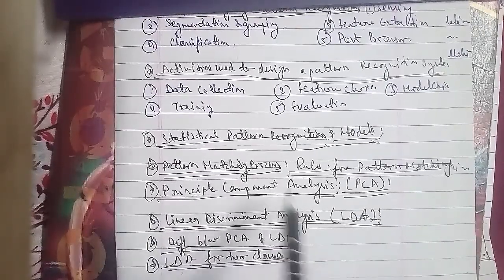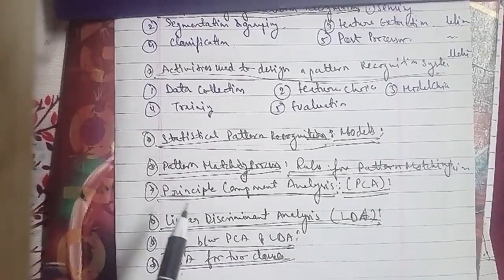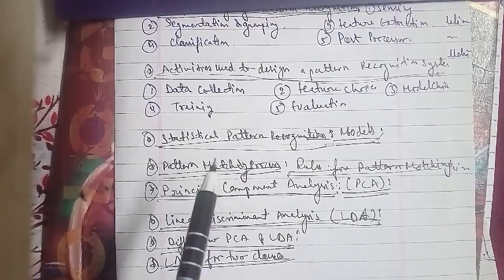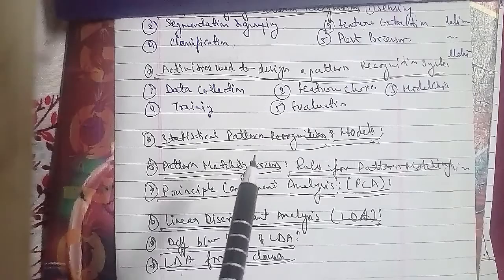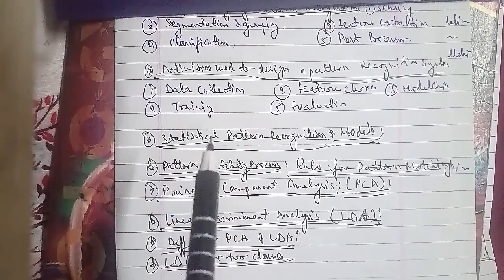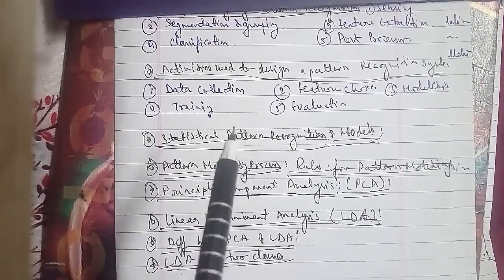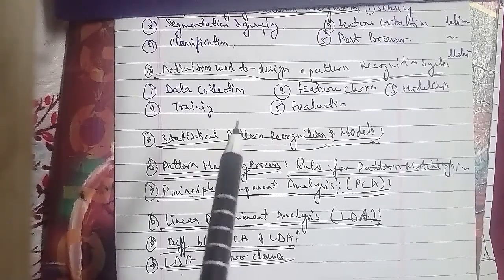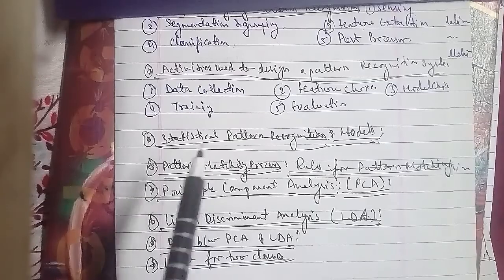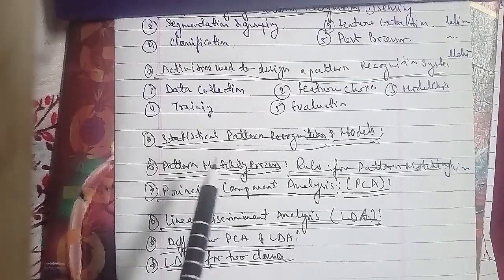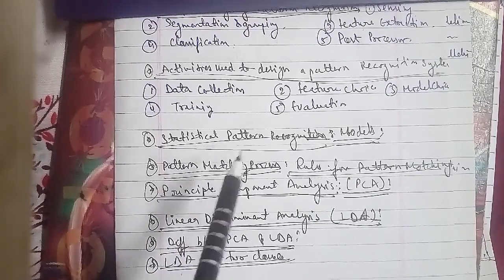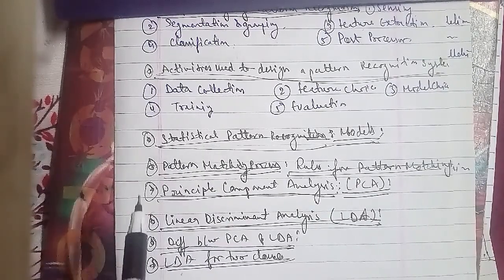LDA for two classes: we consider a set of observations X, also called a feature, attribute, variable, or measurement. For each sample of that object or event, the class is known as Y, and this set of samples is called a training set. The classification problem is then to find a good predictor for the class Y, and we find X and Y with the following formulas.